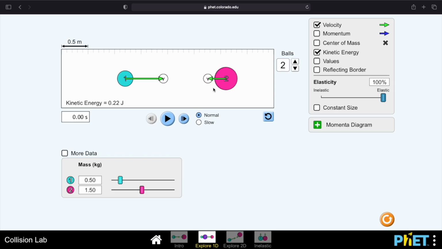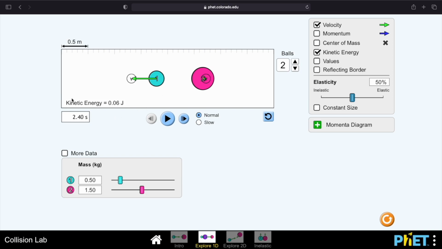So what is elasticity of collision? As you can see, we have elasticity of collision of 100%, and we have kinetic energy of 0.22 joule. After it collides, the kinetic energy remains unchanged. Now what if we decrease the elasticity by half? Okay, now we start the simulation. The kinetic energy is still 0.22 joule, and after we start the simulation, we can see that the kinetic energy